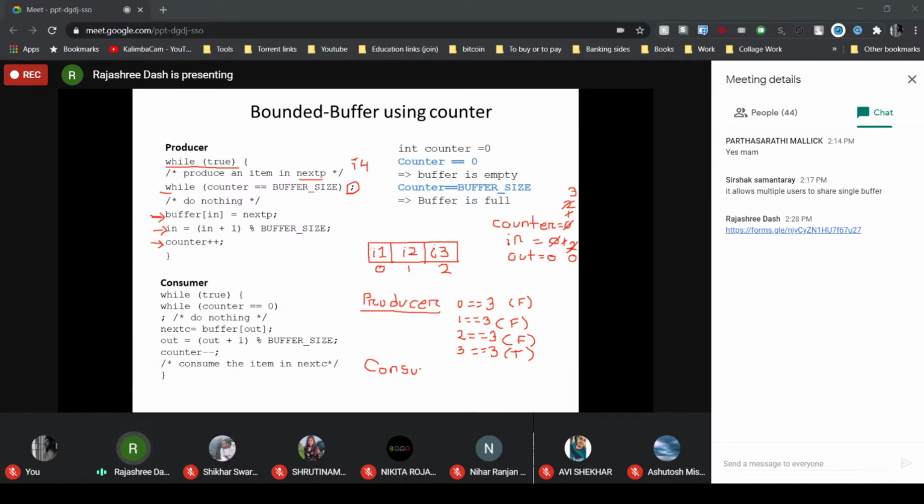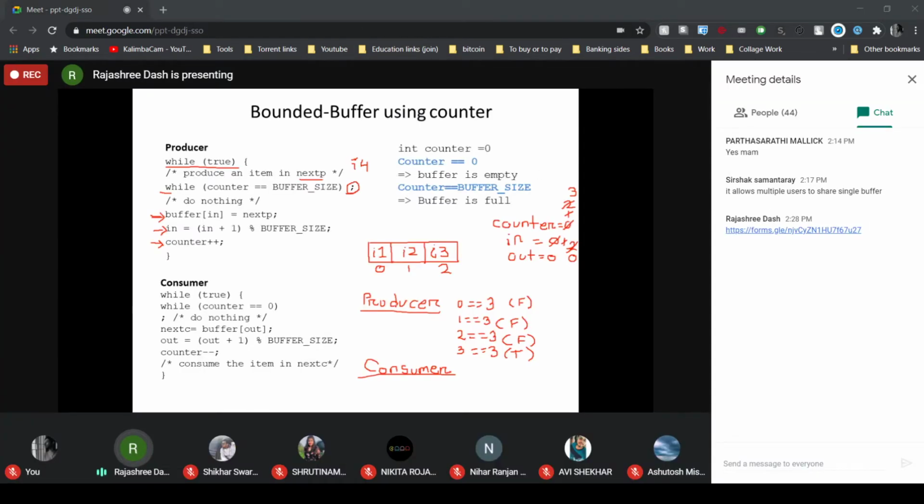Before I explain how the consumer process works, just check: the buffer size is 3 and exactly 3 items are filled in the buffer. But in the previous solution, whatever the buffer size was, it stored a maximum of buffer size minus 1 items. That means if the buffer size is 3, in the previous code it was storing a maximum of 2 items.